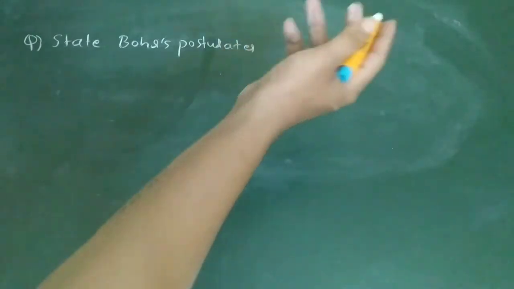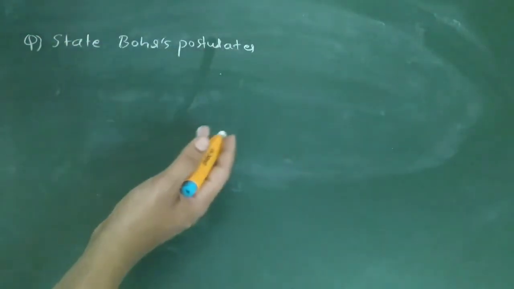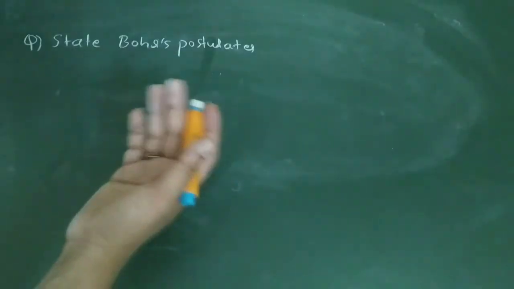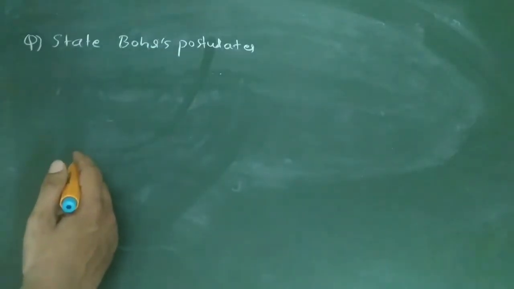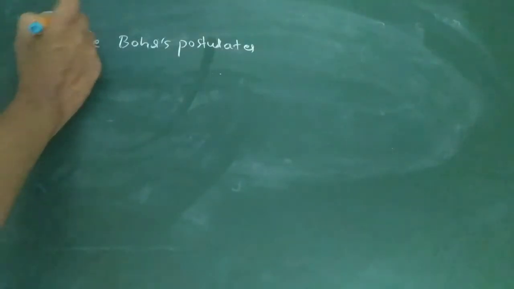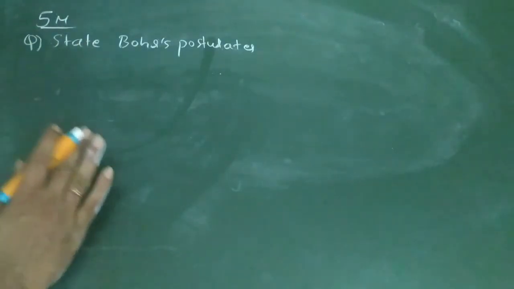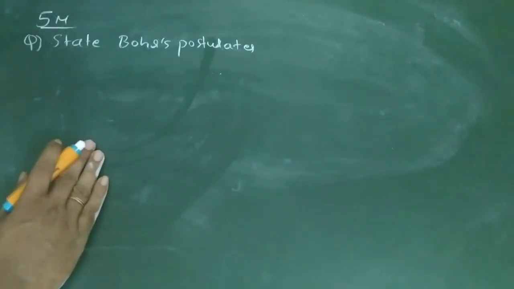And they can continue, they can ask to write the expressions for kinetic energy, potential energy and total energy of the electron in the nth orbit. Like this can be asked. So this is also expected for 5 marks. I am talking about 5 marks. Usually 1 mark and 5 marks questions come for atoms. No numericals. According to the blueprint given, you are not expecting numericals from the atoms chapter. So you can expect only 5 marks as well as 1 mark questions in the coming board examination.